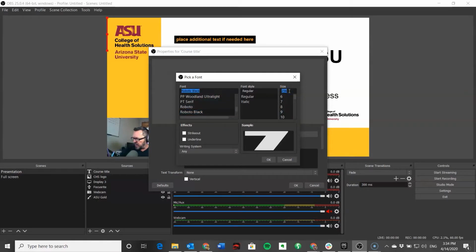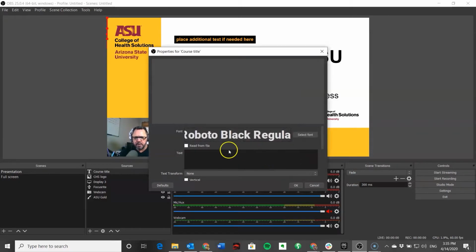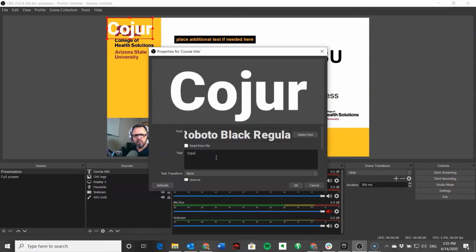And so having done this before, I know that 256 size font is going to be probably the size of the entire screen. So we want to bring that down just a little bit. We're going to make it 165. Click enter, and we're going to click OK. So we now have our font. We need to type in course